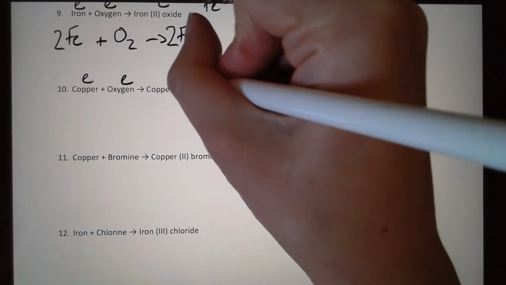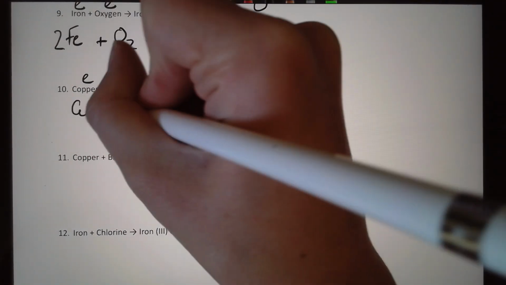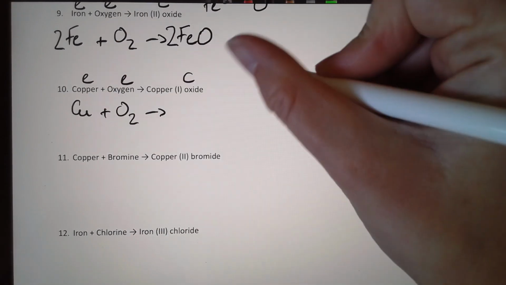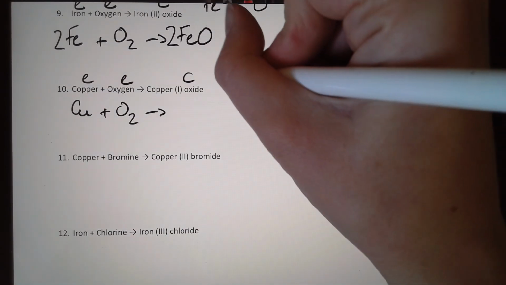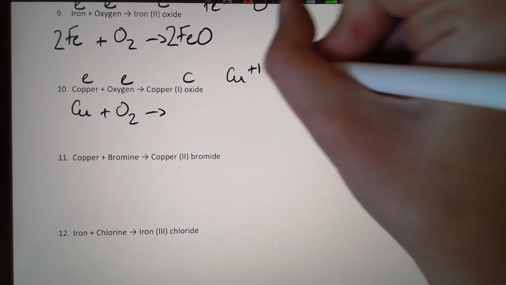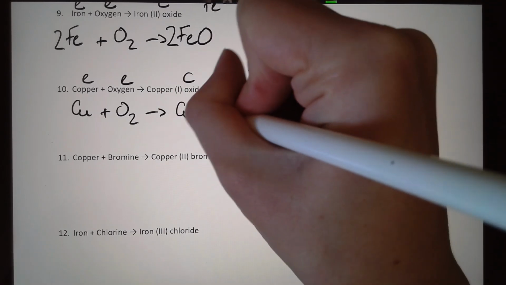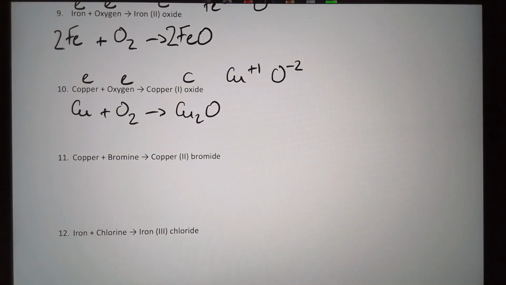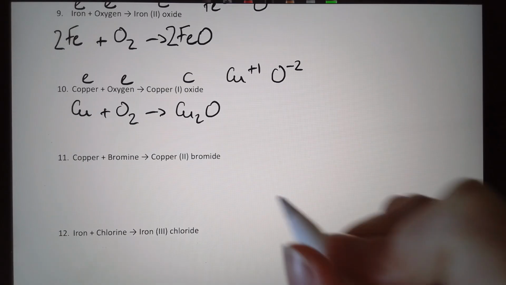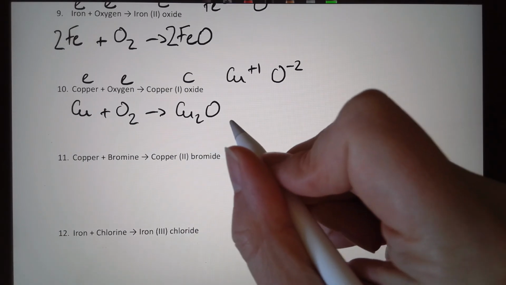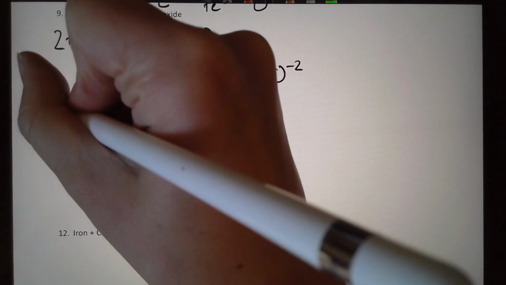Similar with the next one, copper, element, element, compound. Copper is Cu, oxygen is O, and it's diatomic. Copper 1 oxide, that tells me it's got a +1 charge, oxygen's got -2. Then I work it out, crossing over my charges, I get Cu2O. 2 oxygens on the left, 1 oxygen on the right, I need a big 2, and that means I need